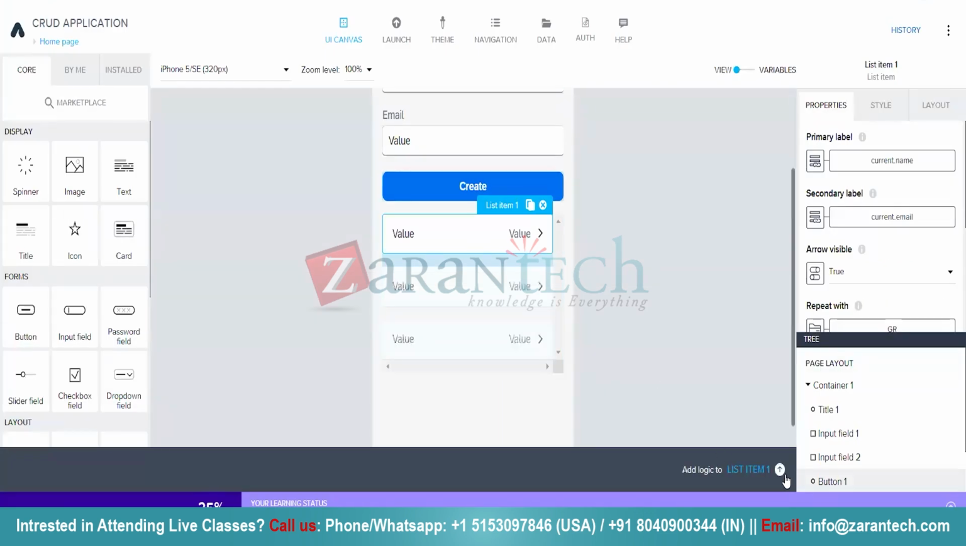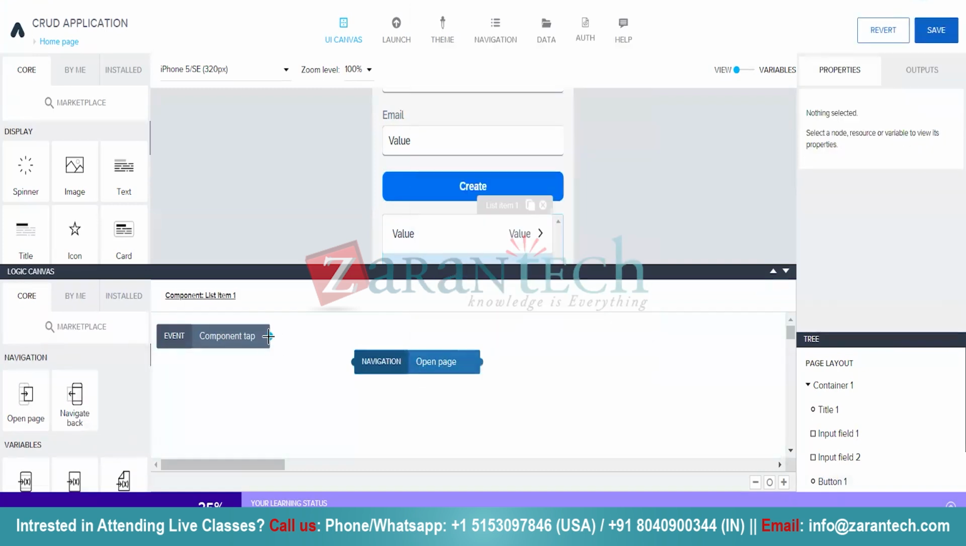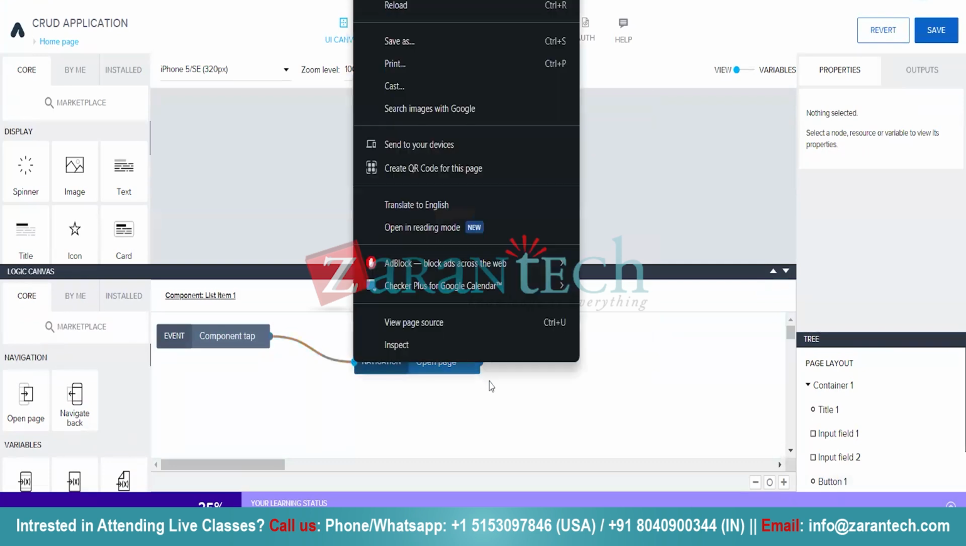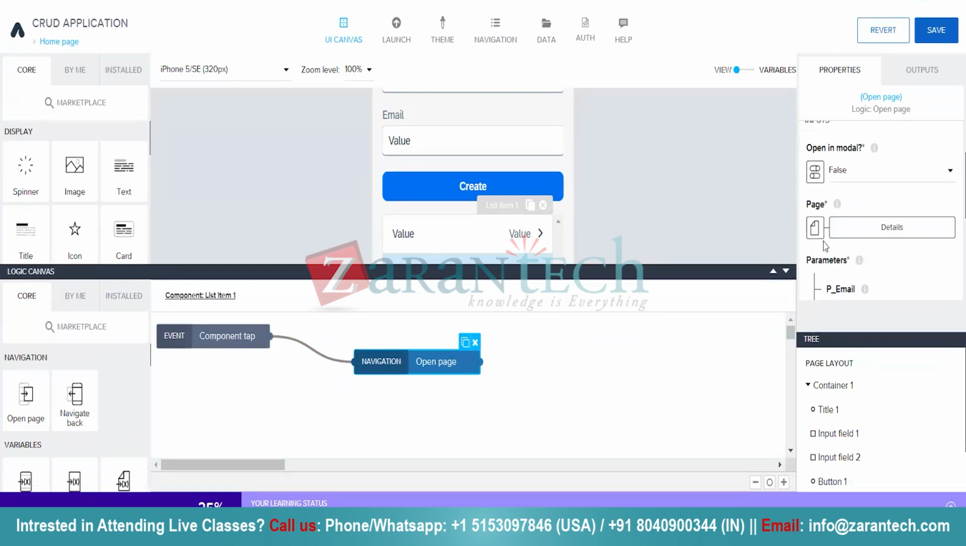So click on the list of item, open the flow logic, UI canvas. What you need to do is add navigation. So add a navigation component. When we click on that, it opens a page. Let's connect it here. And see which page will be opening. The page is selected by default as details, as right now we have only 2 pages